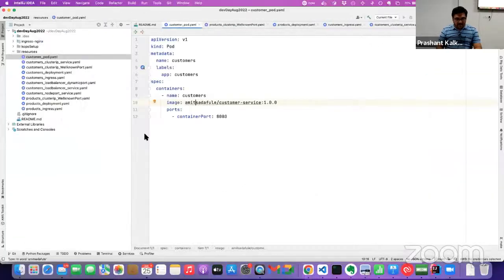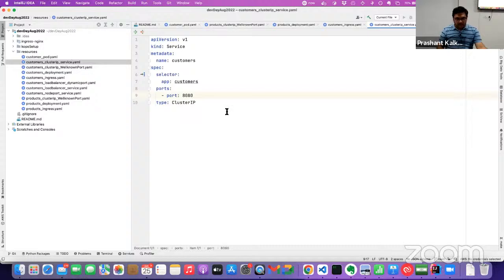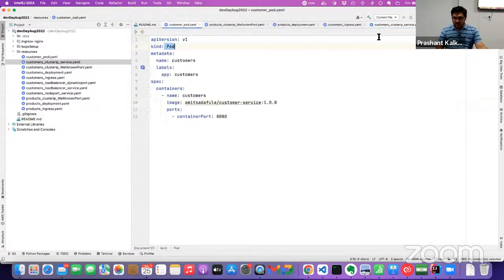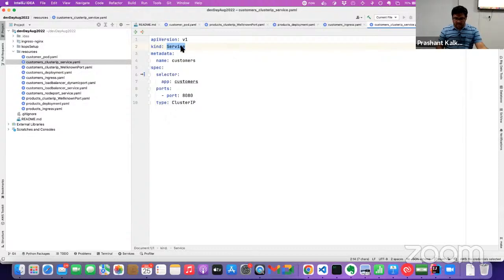Let's check and see what it looks like. Now we are creating a resource of type service. Earlier we created a resource of type pod. Now we are creating a resource of service type. Again, the name is kind of the same. We gave customers as the name. Then